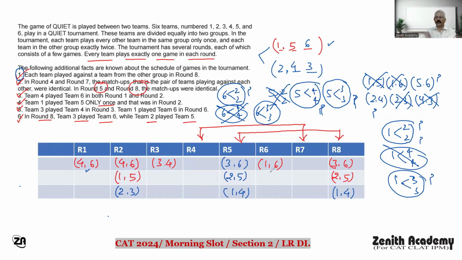So you have to take 4, 5 in 2 rounds because 4 and 5 are in 2 different teams. So if I take one match of 4 with 5 either here or here, because here it is already 4, here it is 4, here it is 4. It means if you take 4 and 5 here, then 4 will play one match here in round 4.